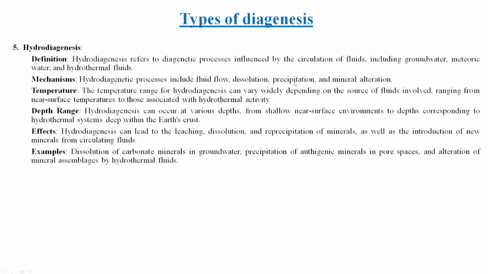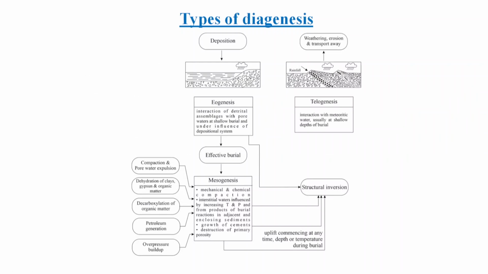And the last one is hydrodiagenesis, which refers to diagenetic processes influenced by the circulation of fluids, including groundwater, meteoric water, and even sometimes hydrothermal fluids, which could be derived from some lower part of the crust, some hot hydrothermal fluids. So you can look at the different examples in detail, the mechanism, the temperature range in more detail. But if I simply concentrate on this flow chart now, so if I start with the process of deposition here,